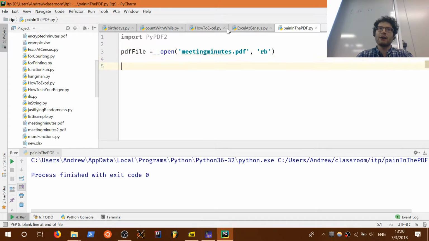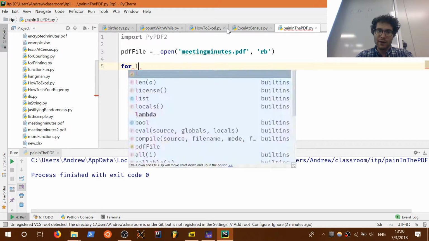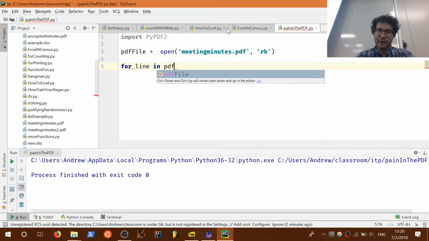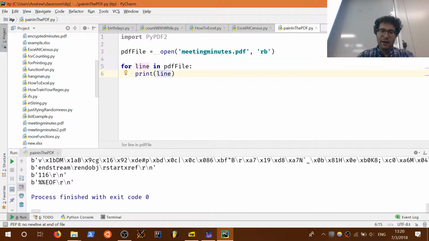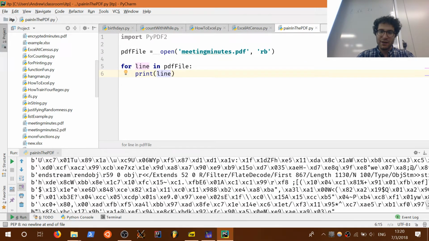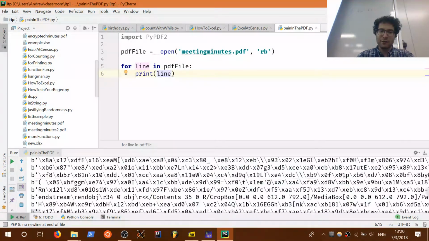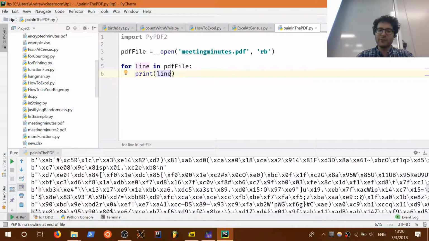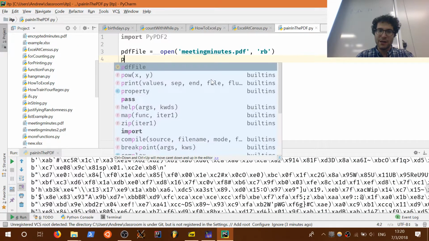That b is for binary, meaning that if I were to open it like a normal file and do a for line in PDF file, print line, notice I haven't really used PyPDF2 yet, I get a bunch of gibberish, right? Because most PDFs are binary files, so most of what's in them is gibberish. So instead, I'm going to need to use PyPDF2